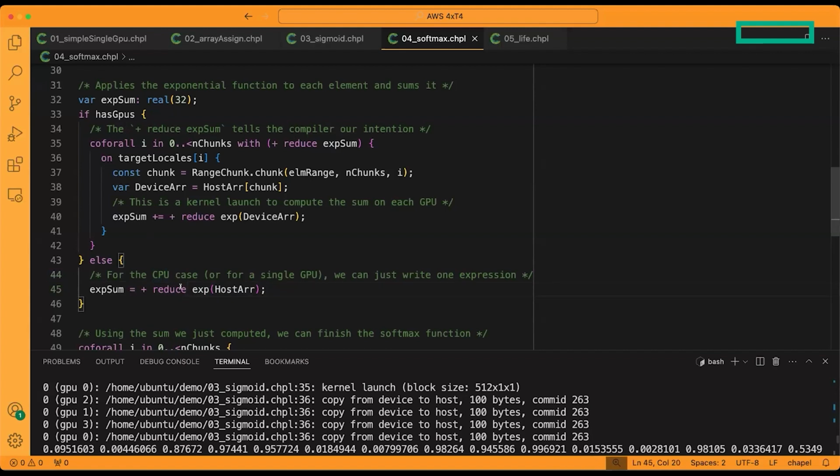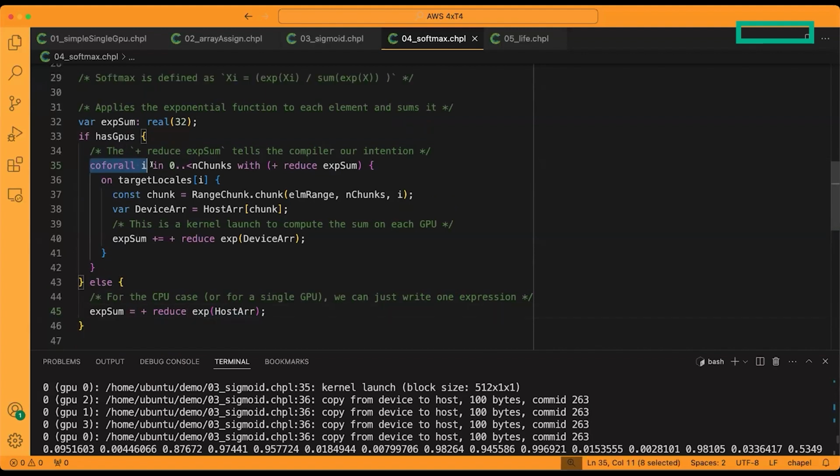But we want to use as many GPUs as we have in our system. So you'll see that familiar forall code to create essentially one iteration per GPU. And then we'll move the computation to that GPU and do the computation like before, getting our device array and doing plus reduce. The interesting thing here that makes this kind of Chapel-tastic